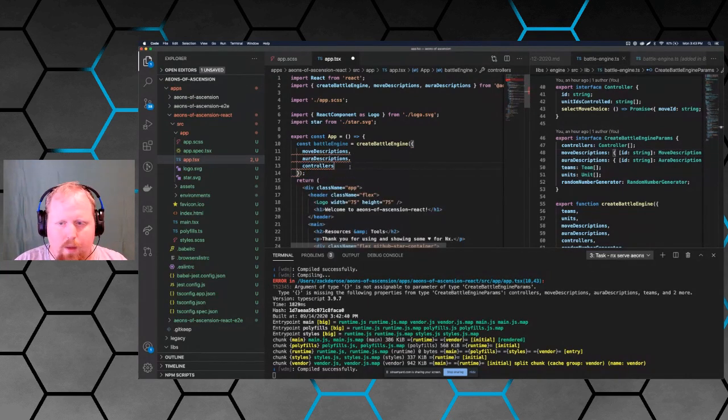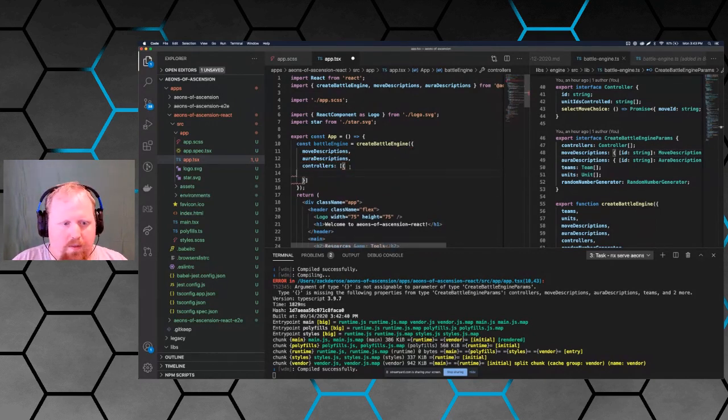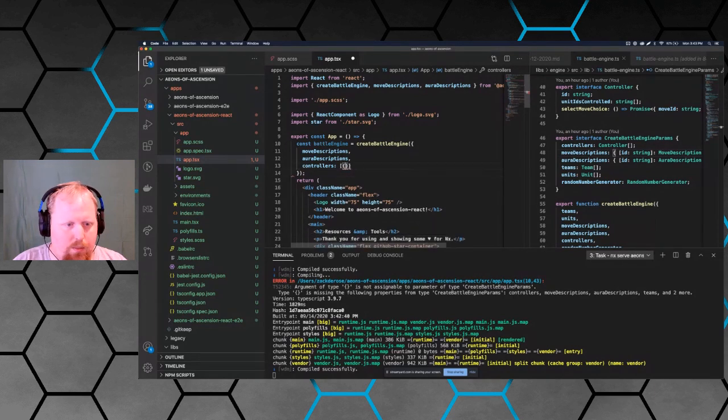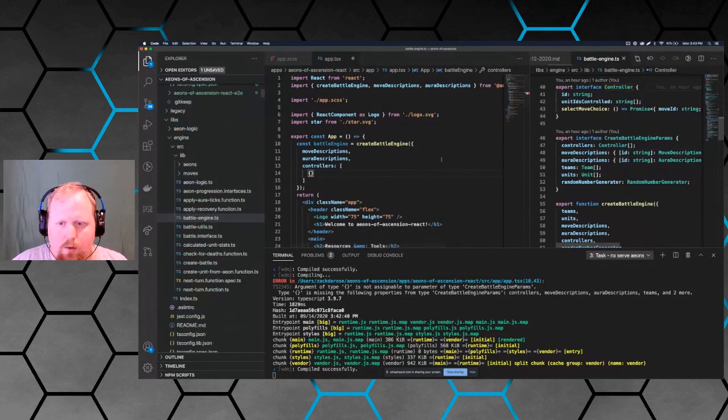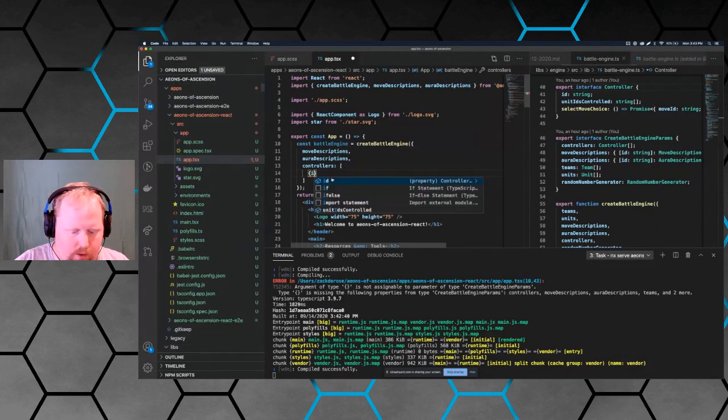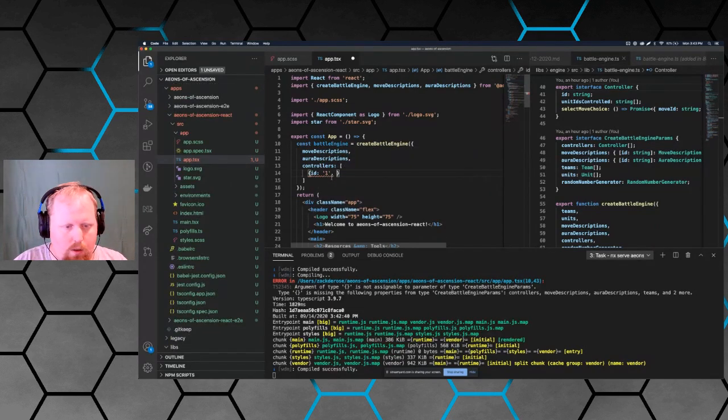Controllers. And we'll just have the one for now. Eventually, we'll also want to make a simple AI one, just to let the computer do some moves. For now, we'll want to make the controller. We'll just give it an ID of 1. Unit ID is controlled. We'll have 2 units, we'll just call them units 1 and 2 for now. And we'll say select move choice